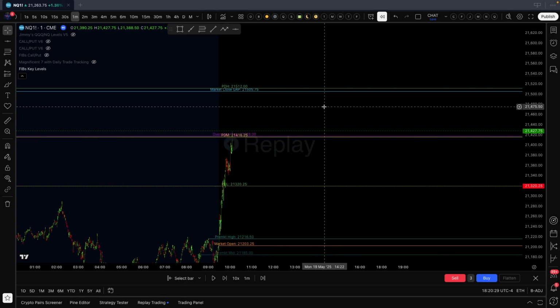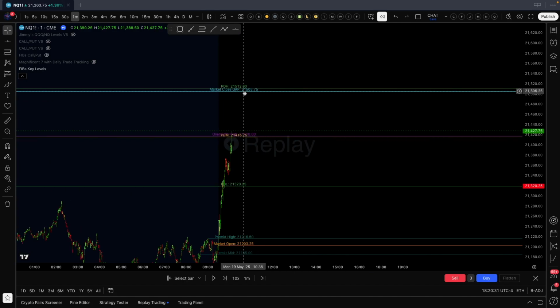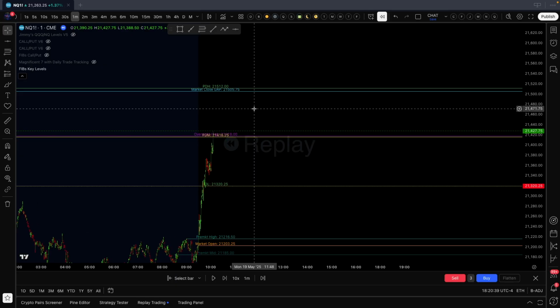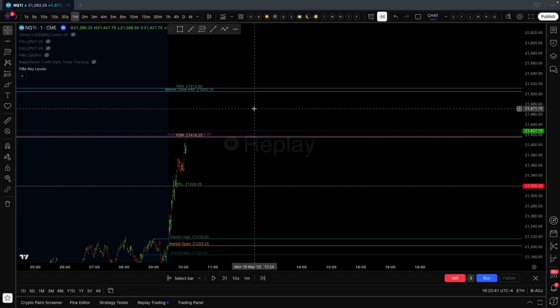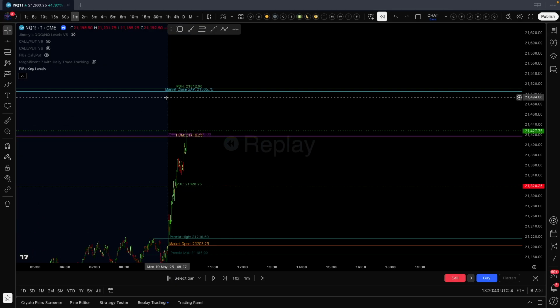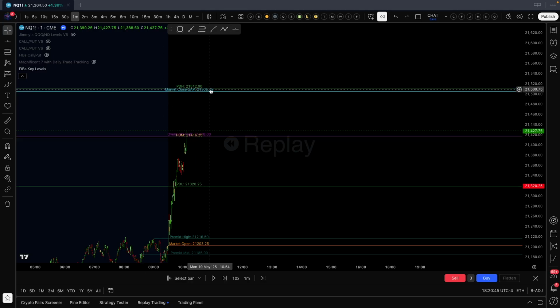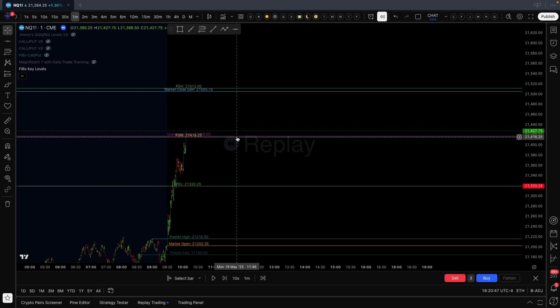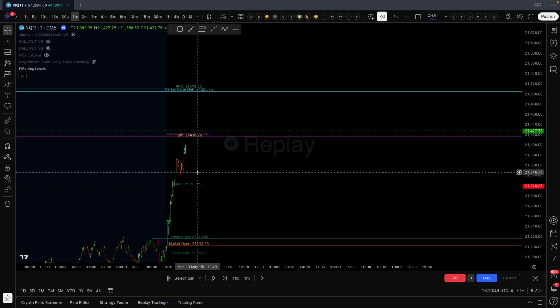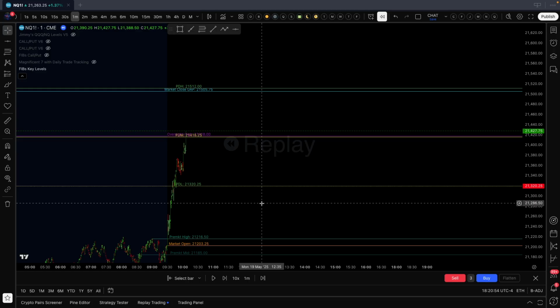That way, if you're a gap player, the market closed here at 4 p.m., or 3:59, the closing candle at 3:59. So we have a gap to the upside here. And that's one way of playing a gap, is just by the market close. So it'll show you that, and I have it labeled as market close gap. And then overnight, if you're a futures trader, it'll give you the overnight high and overnight low